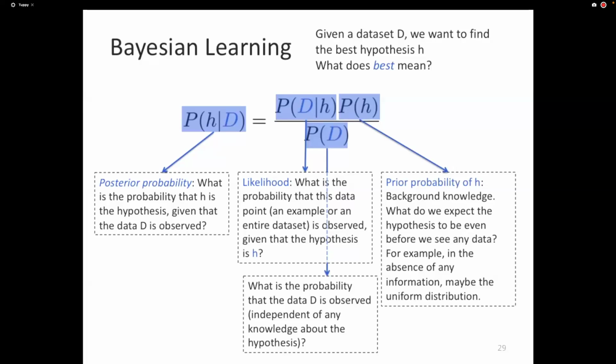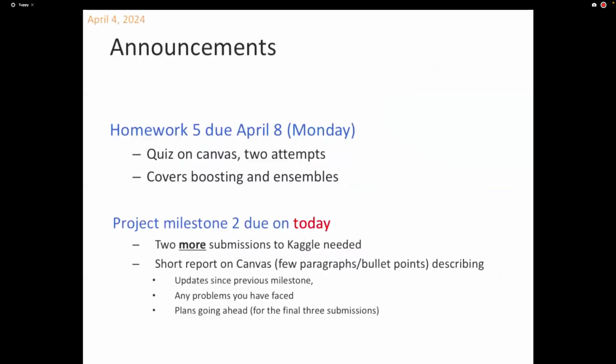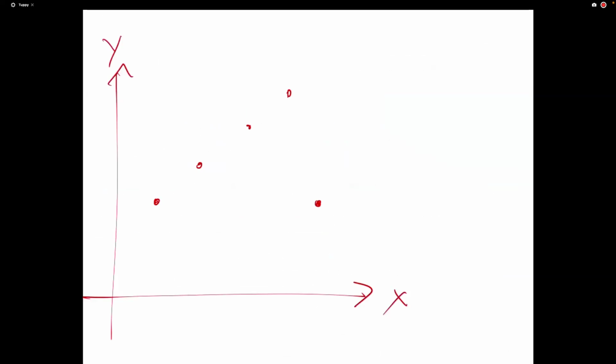The likelihood of observing that data point if the true function is actually that. So in fact, let's actually draw that example. Let's say that I have a data set that looks like this, these 5 examples. And let's say we are working with linear regression. And so we have 2 dimensions. We have an input and a label. And now I could ask,